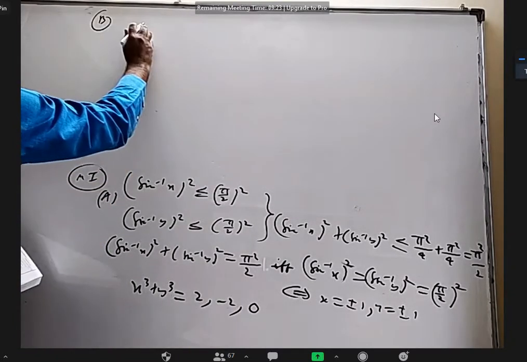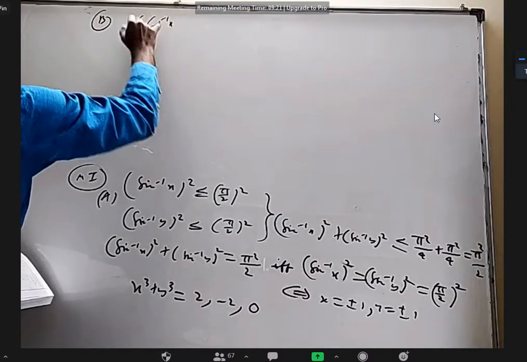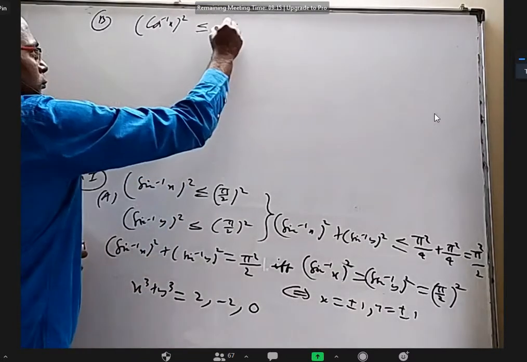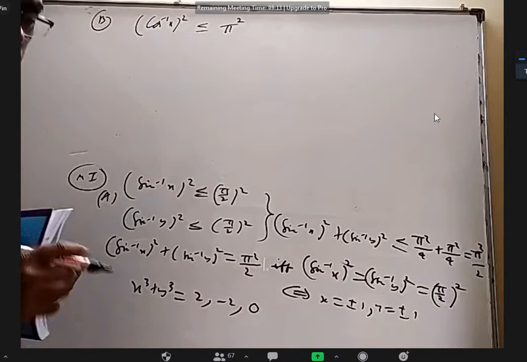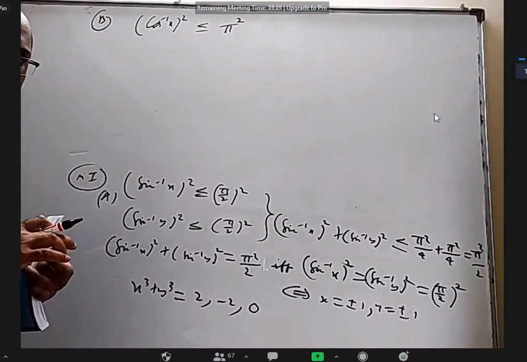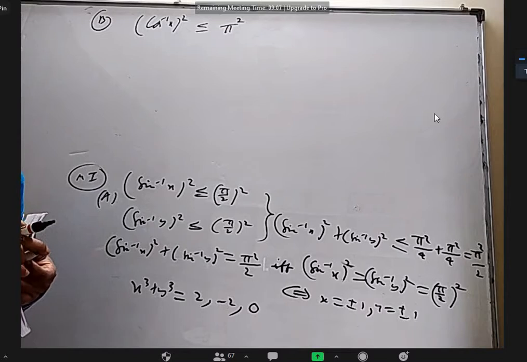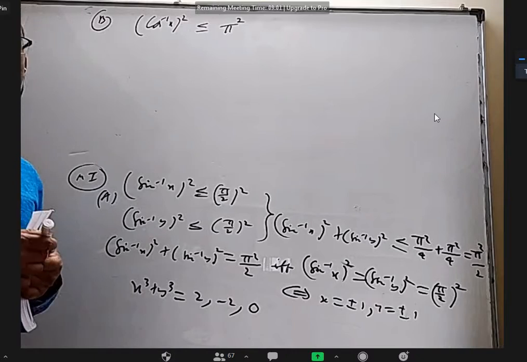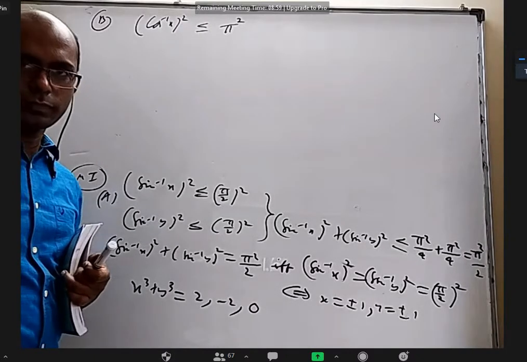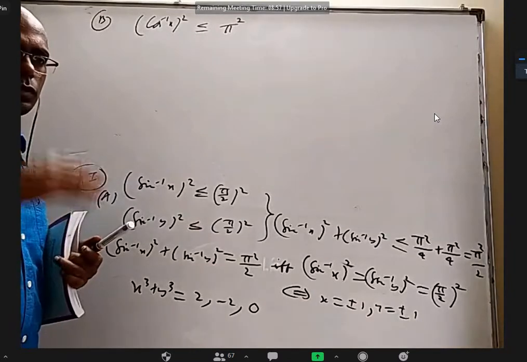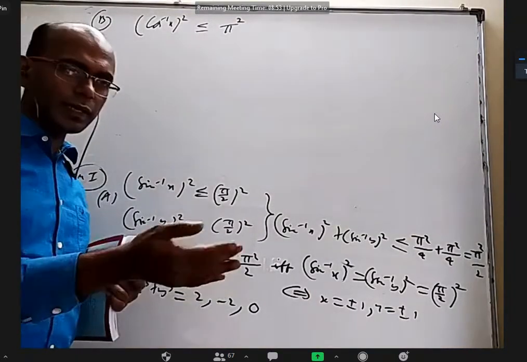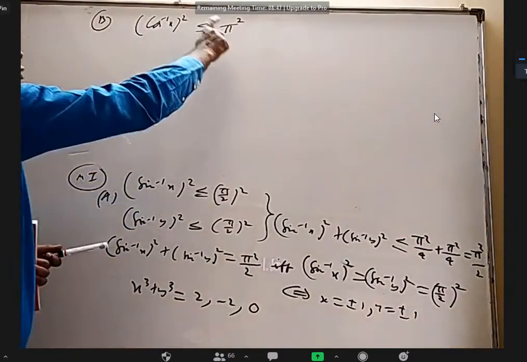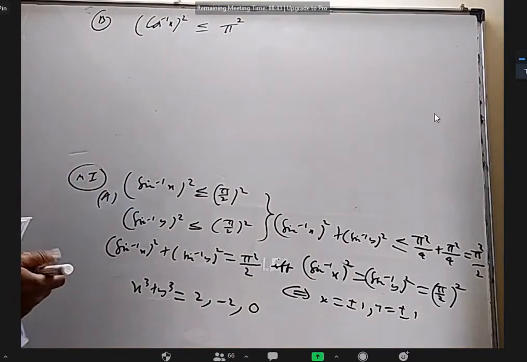Okay, B bit. Cos inverse x whole square. The maximum value is pi. Cos inverse x is between 0 to pi, so pi square. And it attains maximum for how many x values? Only one. 1 and minus 1? No, only minus 1. Because cos inverse 1 is 0. Right? So cos inverse is a decreasing function. At -1 it is pi, and at 1 it is 0. It is decreasing from pi to 0. When you square it, even though it is changing from 0 to pi square, equal to pi square is happening only at -1. Okay, that is the maximum.